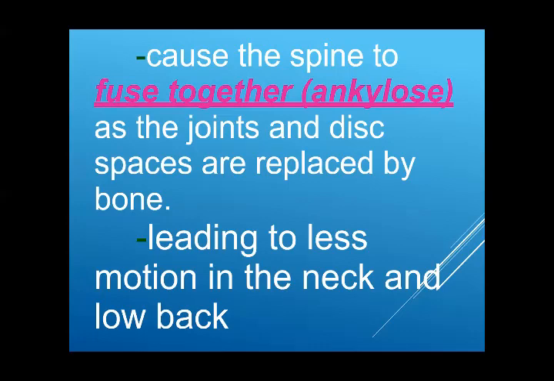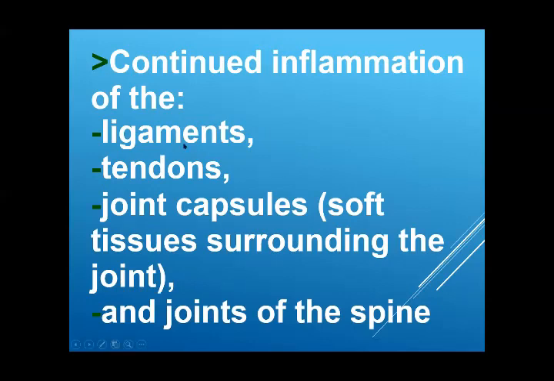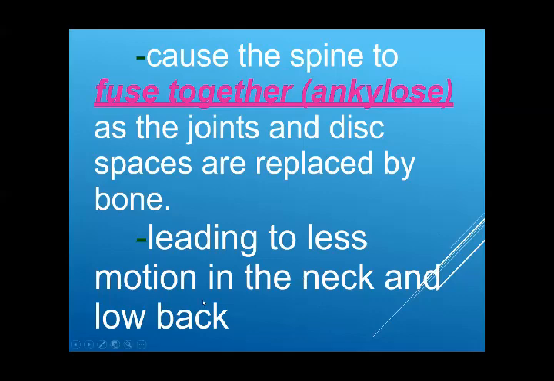So if you look at the inflammatory process involving the spine itself, number one, your vertebral body, and your joint tissues involving the ligament, tendon, joint capsule, they get inflamed and fused together, leading to reduced motion, especially at the back, side to side motion, bending forward, and involving the neck and the thoracic spine, leading to deformity and